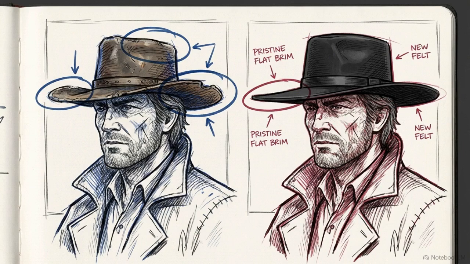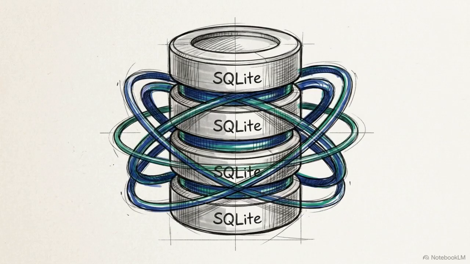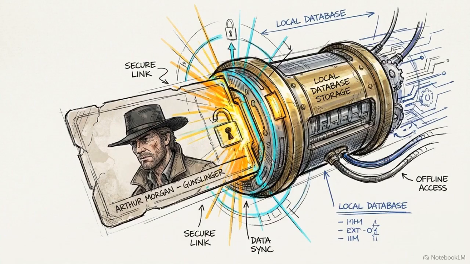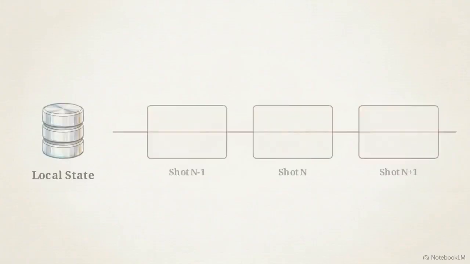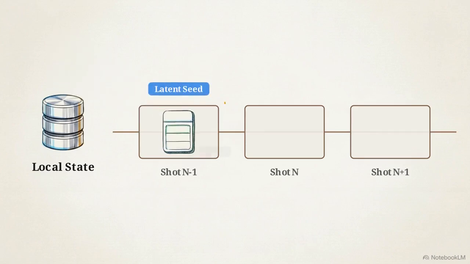Even with perfect timing, text-to-video models suffer from severe visual drift between consecutive shots. The architectural pivot here is moving away from pure text-to-video and relying entirely on image-to-video generation to enforce continuity. This is managed by a local SQLite database, operating in write-ahead logging mode to handle concurrent operations without deadlocking. We generate high-resolution master character cards once and store them securely within this local database. The tandem continuity engine extracts the card and injects it as a latent image seed.